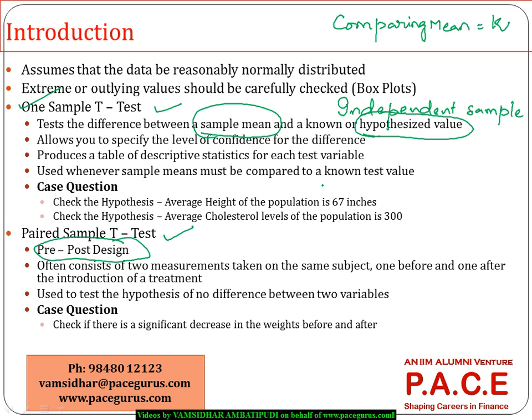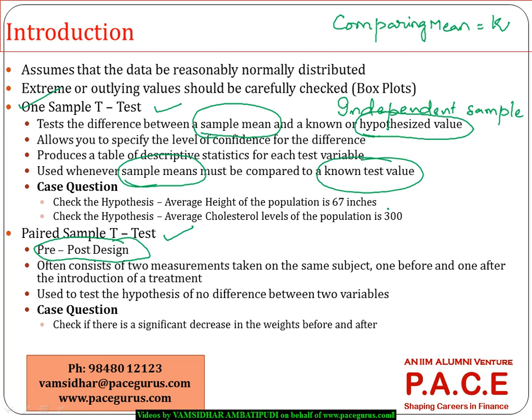So wherever we have matching pair data to be analyzed, or pre-post kind of data to be analyzed, then we will resort to a paired sample t-test. We'll again come back to that. First, let's focus on one sample, wherein my intention is comparing the mean of a data with a constant. Whenever the sample mean must be compared to a known test value,